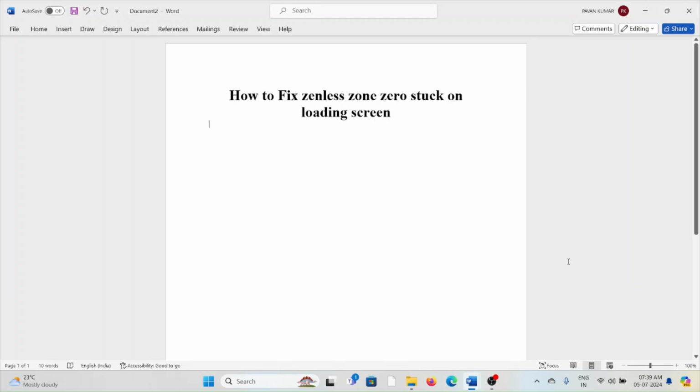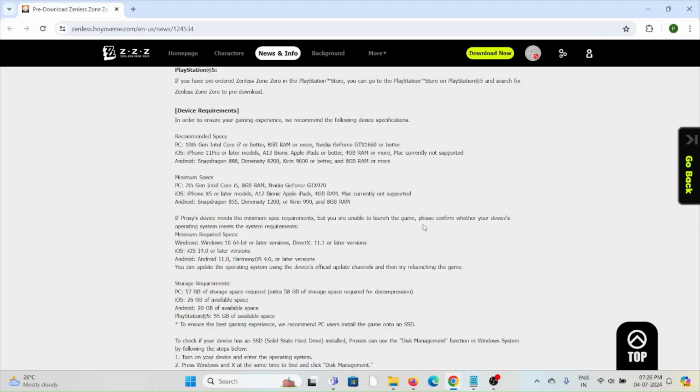In this particular video, we'll see how to fix the Zenless Zone Zero stuck on loading. So let's get started. Guys, the requirements in order to access this particular software: it's recommended to use a